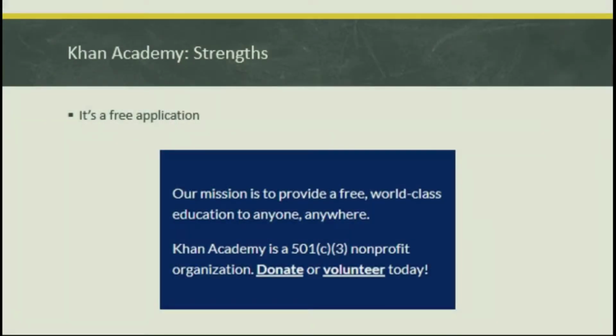Hello everyone, my name is Brian Stewart and I will be taking you through the strengths and weaknesses of Khan Academy. Beginning with the strengths. Khan Academy is a non-profit, free online-based tool for consumption. Sal Khan, the founder of Khan Academy, wants to make this tool available to everyone. Therefore, his goal is to keep it a free, accessible tool.